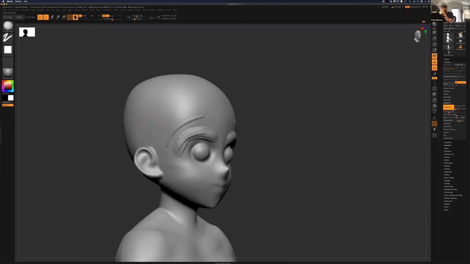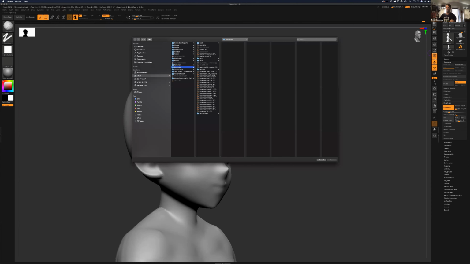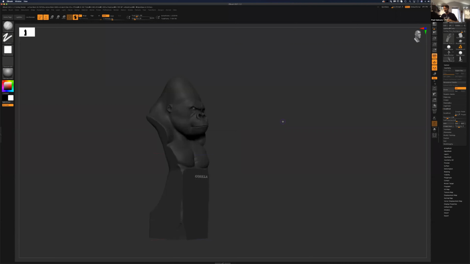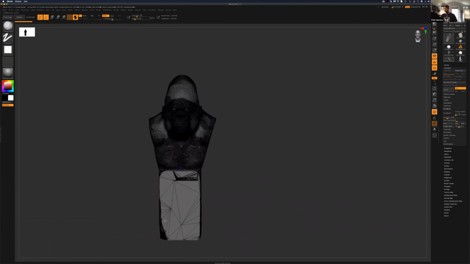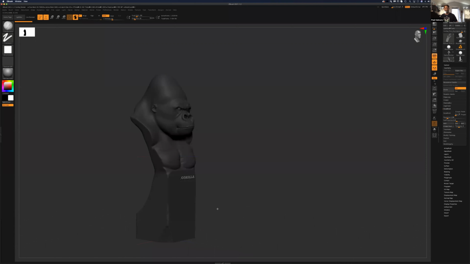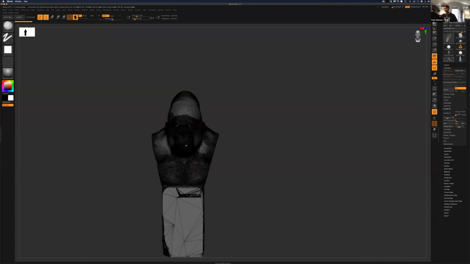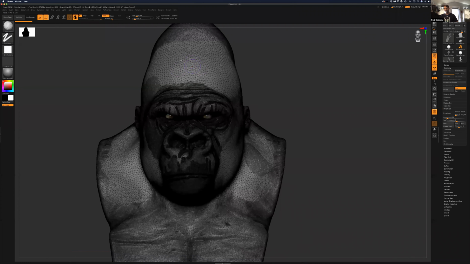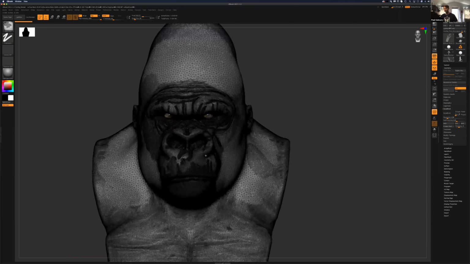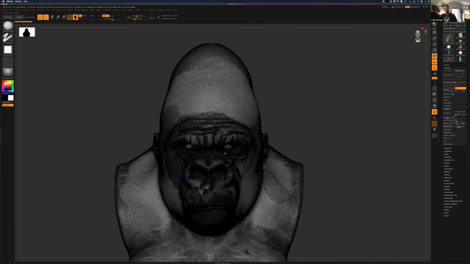Right? So if you look out here, let me see if I still have this guy on my computer. As an example, you see this gorilla that I made? This is all with Sculptris Pro only, right? So when I turn this on, see that all the triangles are completely different sizes? Do I really need more triangles here to make a flat surface? No, I don't, right? So if you look at the head, see how big the triangles are here compared to the face? Because where did most of my sculpt take place? It took place in the face,